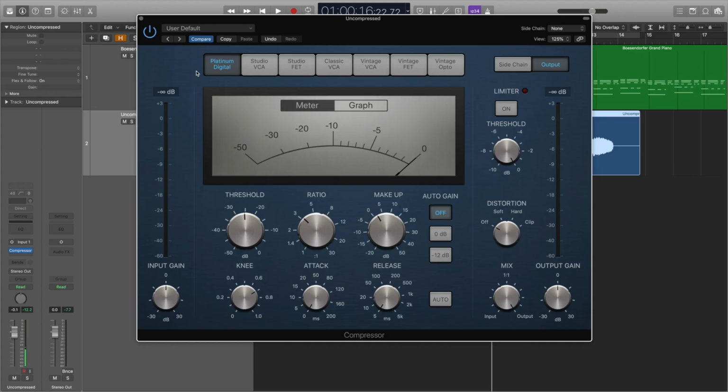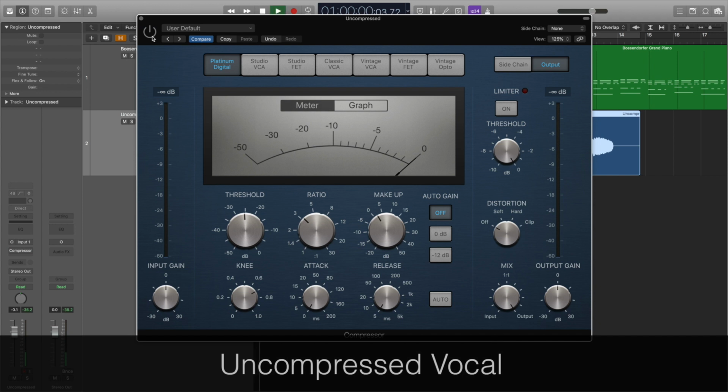Again, here's the original just for reference. Ricochet, you take your aim